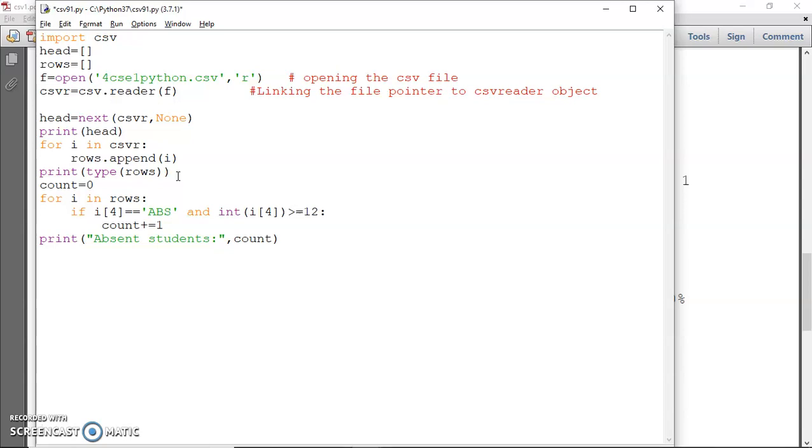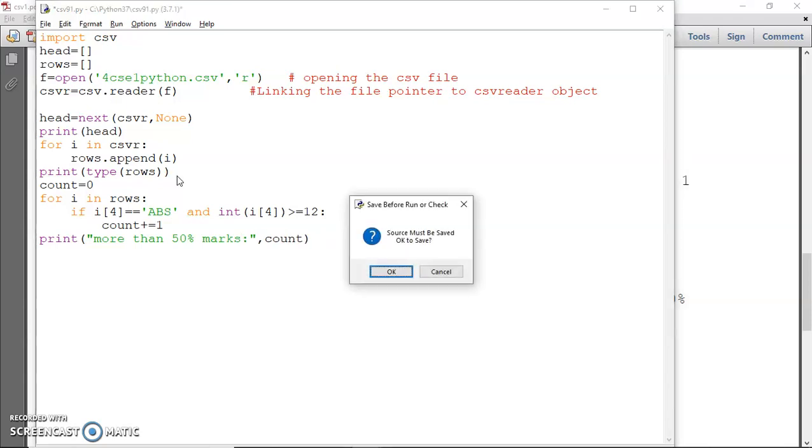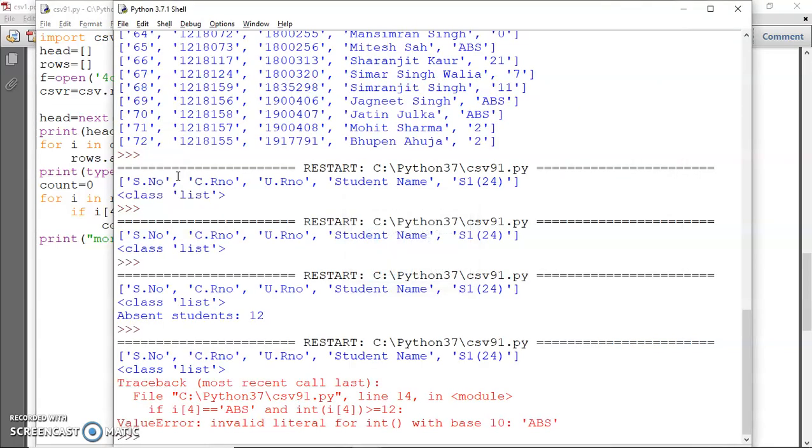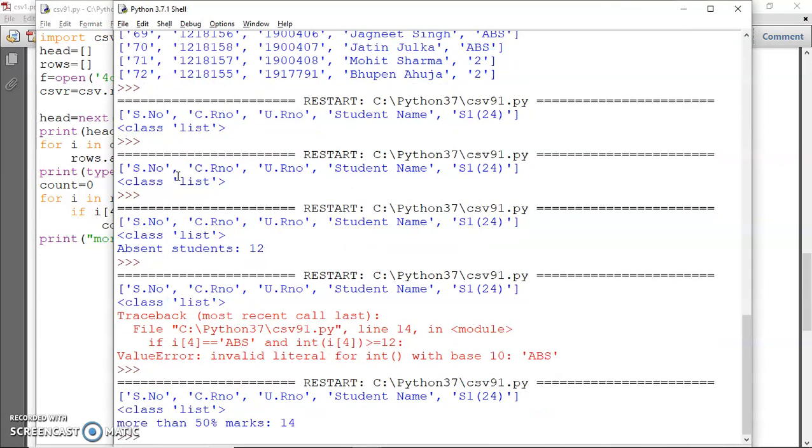Since the total marks is 24, we can check how many students scored more than 50% marks. So I think this should work now. Yeah, there is some problem here. It should be: the student should not be absent and his marks should be greater than 12. So we can say that 14 students in the class have secured more than 50% marks.